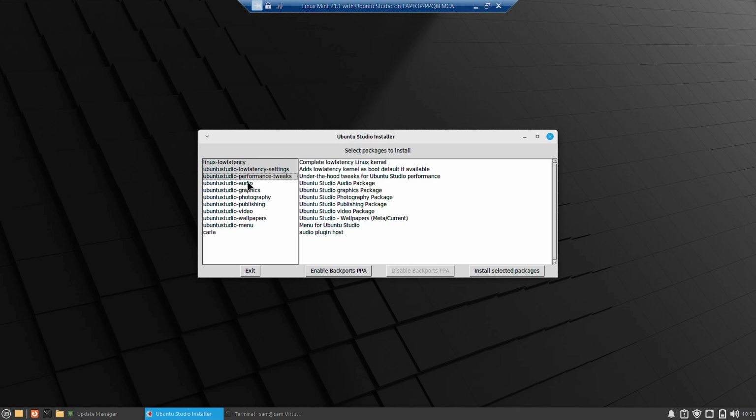So this is the package group for the audio application. You have to install that if you want. If you are an audio creator and are going to use the audio packages, then you can use this. If you are a graphics creator, you have to choose the graphics package. If you are a photographer, you use this